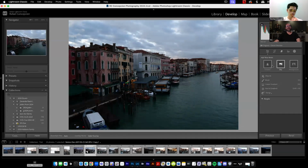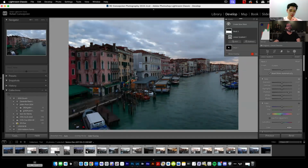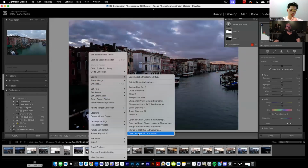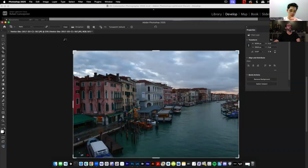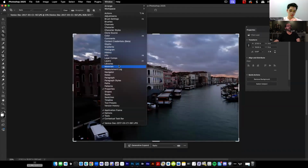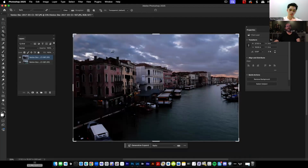So inside of here, let's say subject. Oh, here, let's see. Create a new mask, linear gradient. Let's do that. Let's open that up a little bit. Then I would grab this and this, right click, edit in, open as layers. Inside of Photoshop now, if I were to go to my layers panel, I have both these pictures, right? I could do a select sky right from inside of here that uses the AI stuff,